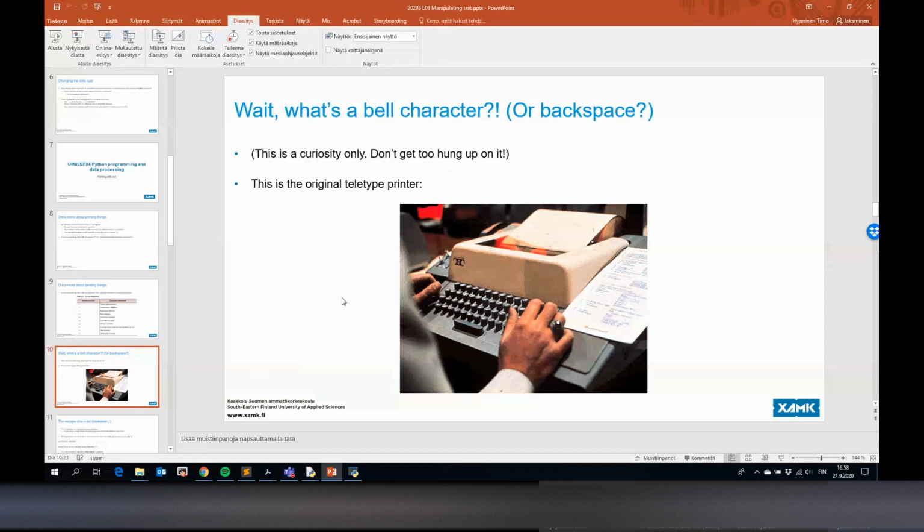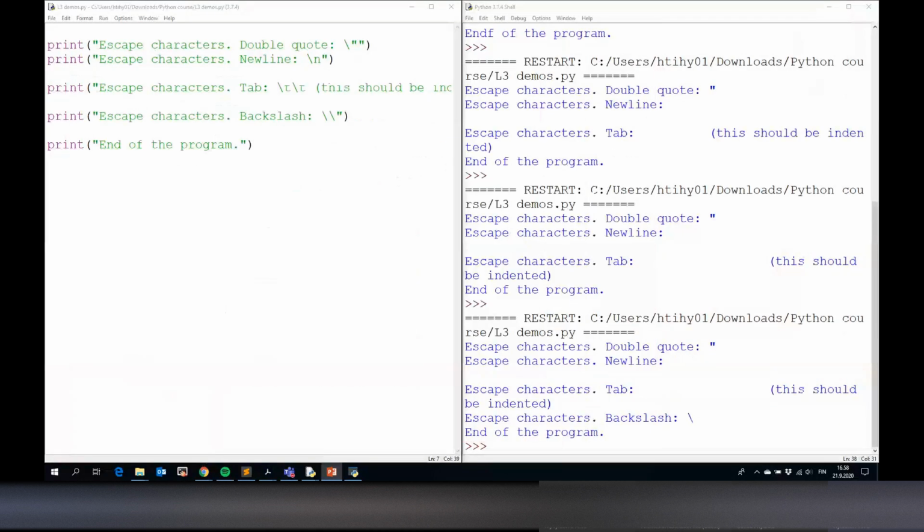Just to illustrate that this sort of backwards compatibility does still exist, it is actually possible to print one of these printer or typewriter related escape characters. Particularly the bell character is probably one of the easiest. Now, I'm not sure how well this will work,